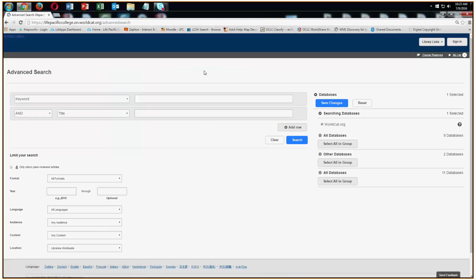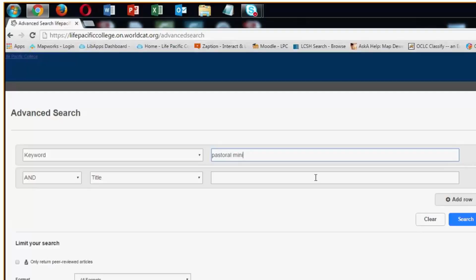If there was a phrase or the name of a theory, you can use that here as well. If it is a phrase that is more than a single keyword, you would want to put that in quotation marks, such as "pastoral ministry," because that's not just a single word. We would actually want to put that into quotations to tell the computer to search for that phrase. That's an important aspect of doing research. This would eliminate some of the bad or incorrect stuff in a search where it would look for pastoral and